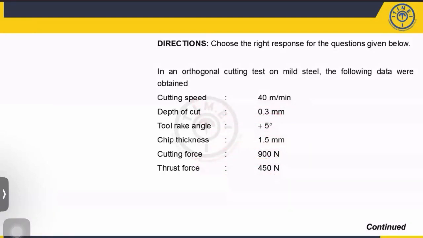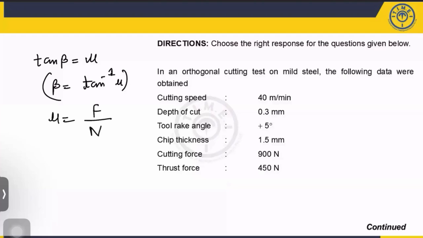Now, how will you calculate, first of all, the friction angle? You know that tan beta is equal to mu, where beta is the friction angle, so the friction angle is tan inverse of mu. How will you calculate the mu value? Mu is nothing but the friction force divided by the normal reaction, because you know that the friction force is mu into N. Now the question comes, how will you calculate this F and N? For F and N, they have given the data: cutting force and thrust force. Now, if you see my master table,